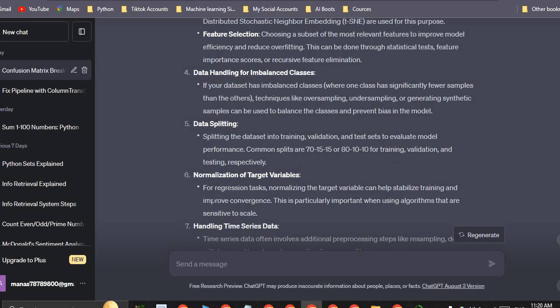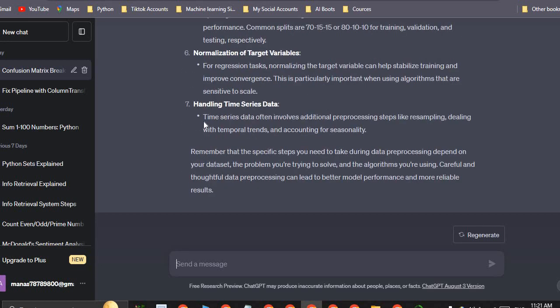Normalization of the target variable for regression tasks. Normalizing the target variable can help stabilize training and improve convergence. This is particularly important when using algorithms that are sensitive to scale.